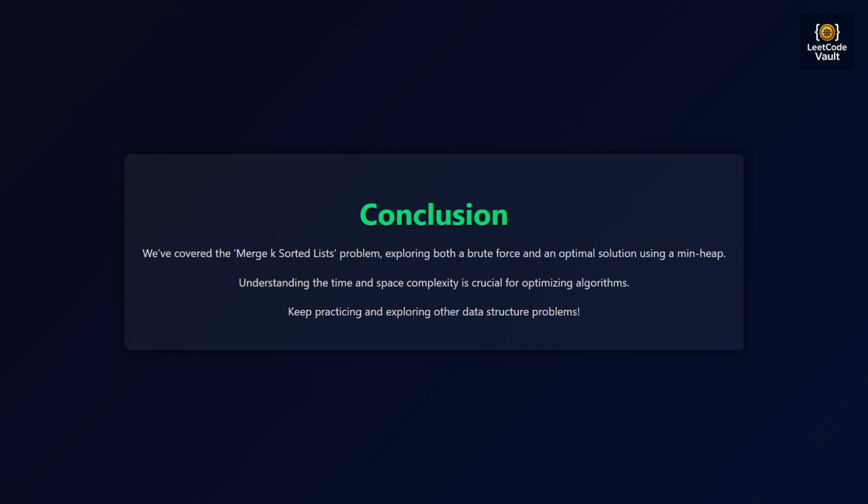Conclusion. So, we've successfully tackled the merge k sorted lists problem. We explored a brute force approach and then implemented